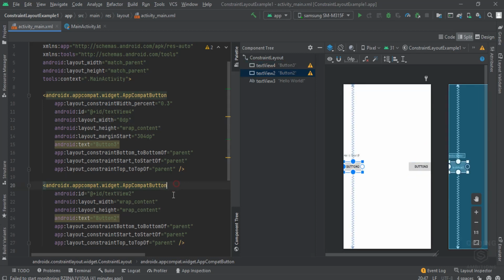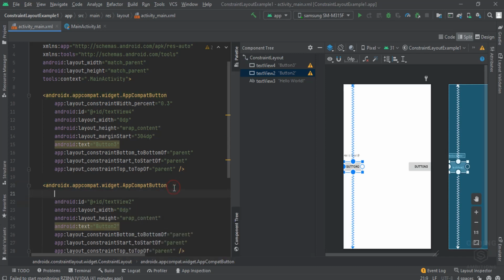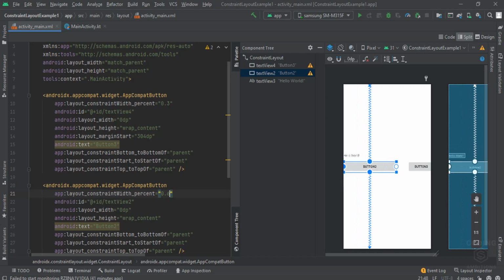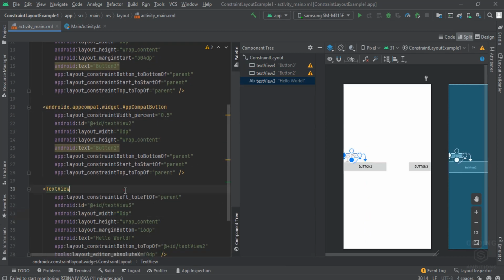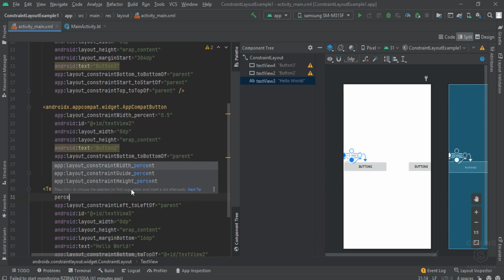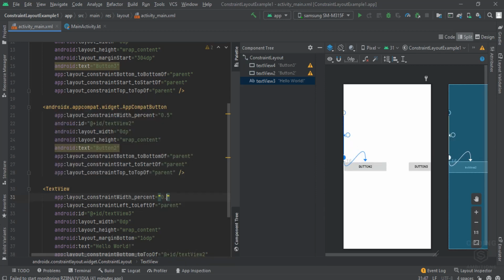Let's make this one match constraint as well and give it a width percentage of 0.6, and let's shorten it, let's align it more or less at 50%. Now the third view is pending, give it width 0 dp, that is match constraint, and now give it a percent of 0.2. Let's try out with 0.3.